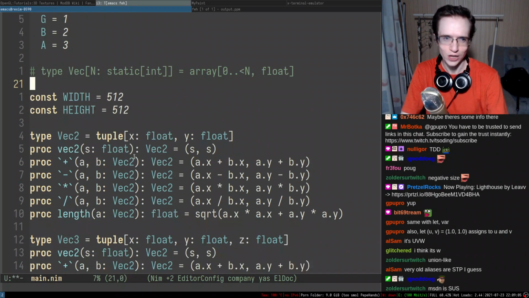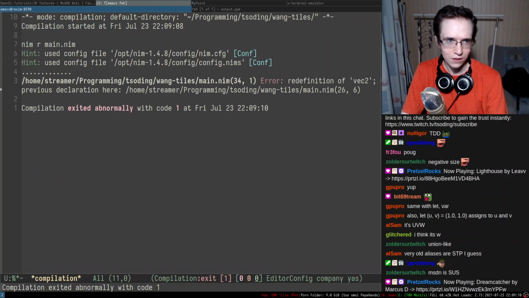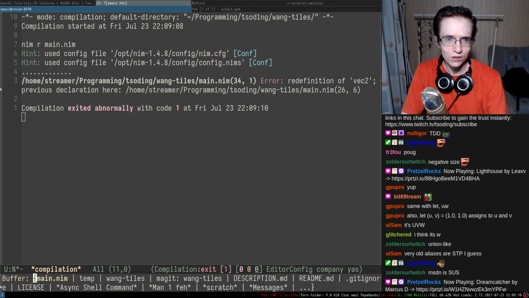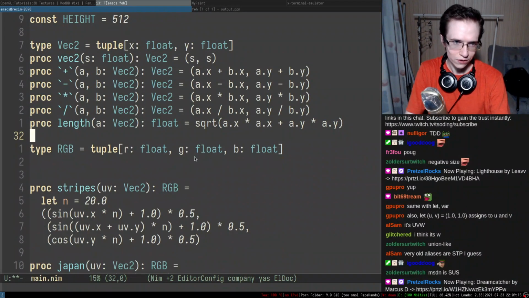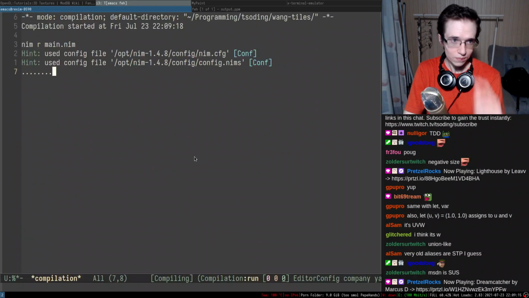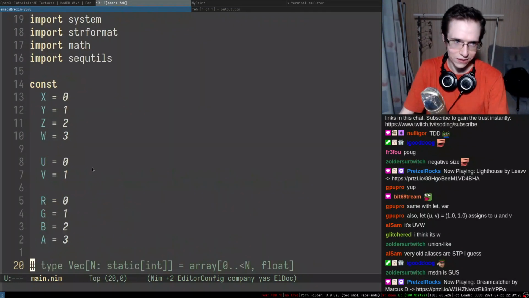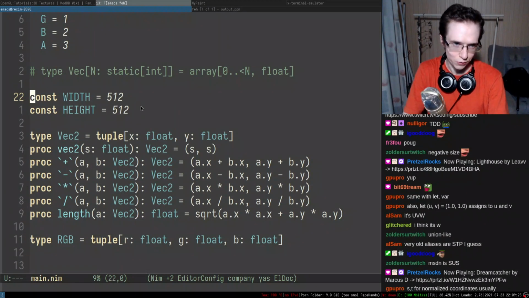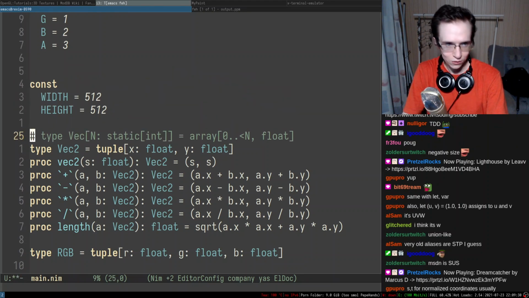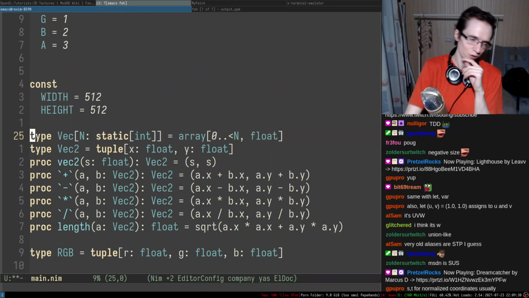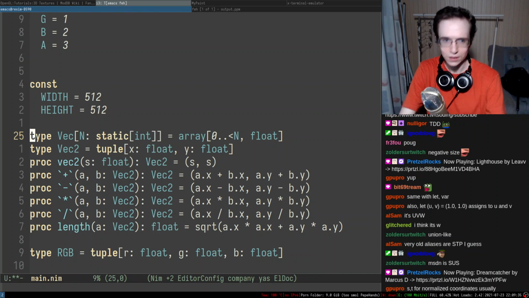So I want to first check if this const thing is working. Right, so we need to check that. Okay, so vector redefinition of vector. Oh, this is because I copy pasted this entire thing. Okay, so let's remove the entire thing. Okay, that works. So that means I can combine this kind of stuff like that. That's perfect. So I can probably also do this kind of stuff, right? All right, so let's actually make the vector a little bit more generic. So we can have like 2-dimensional, 3-dimensional, 4-dimensional.